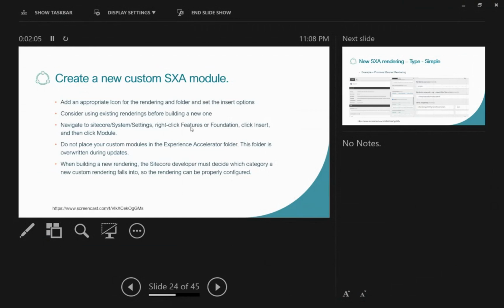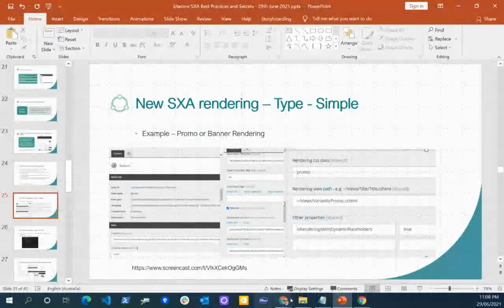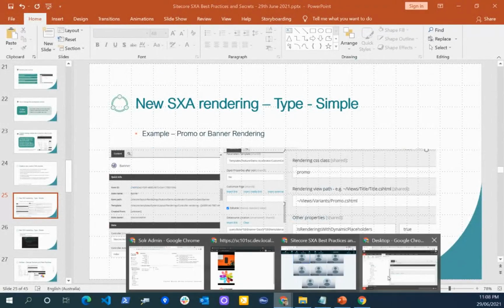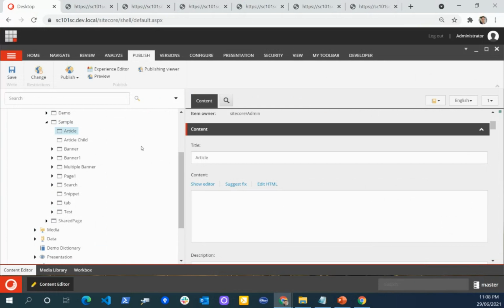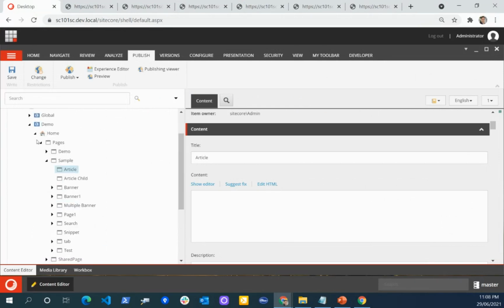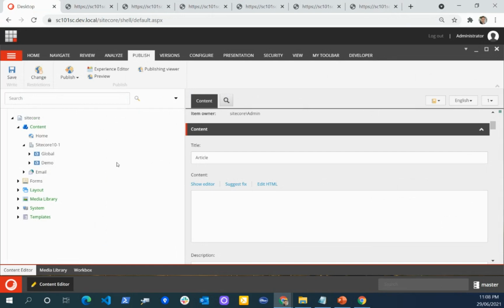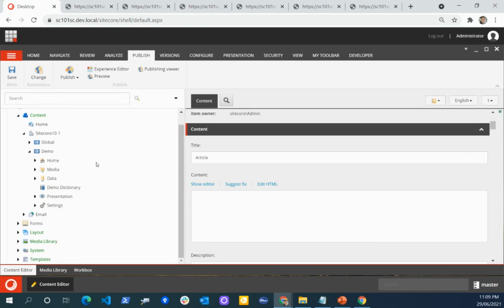The second is creating the SXA module. These are the best practices. I will let you know the best way, and a few things which I didn't find anywhere, but which are very useful. Whenever we get a requirement to create a new component, the first thing is to see if we can clone that component, so we don't need to create the repository, model and controller. We can just clone the component and create the serialization configuration to serialize the content. That's the best way.